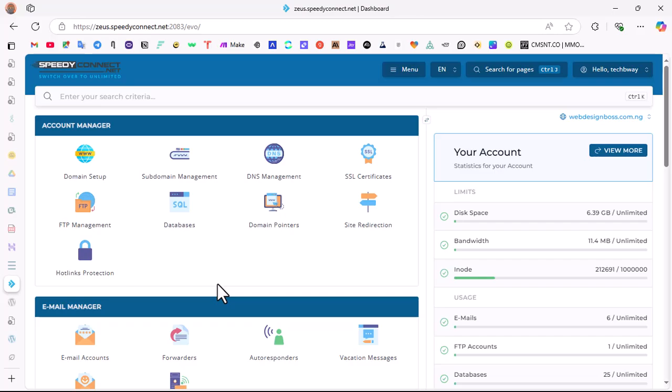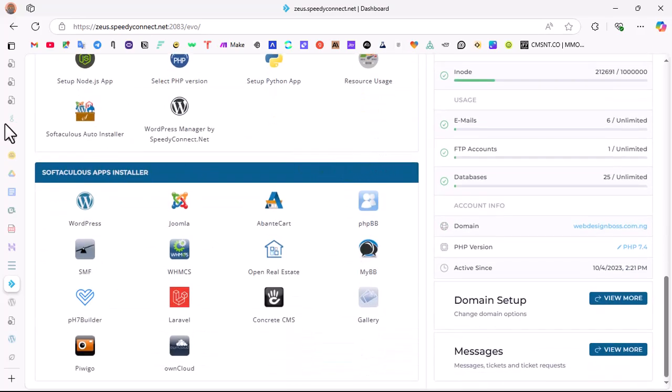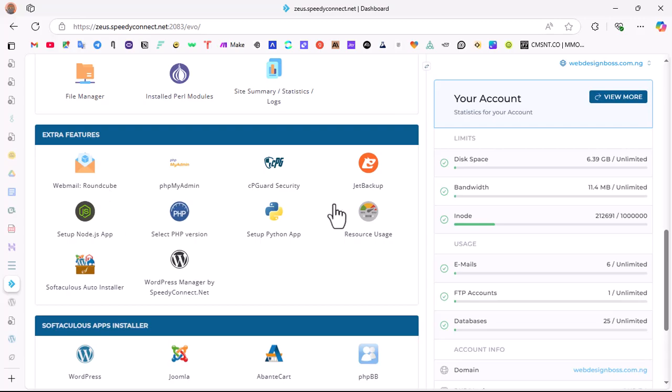Now the next thing you want to do, the most important thing you want to do, now that you have bought your domain and your hosting, is to go ahead and install your WordPress. If you are using cPanel, you are going to have a one-click WordPress installer. All you want to do is scroll down to the features section of your website,